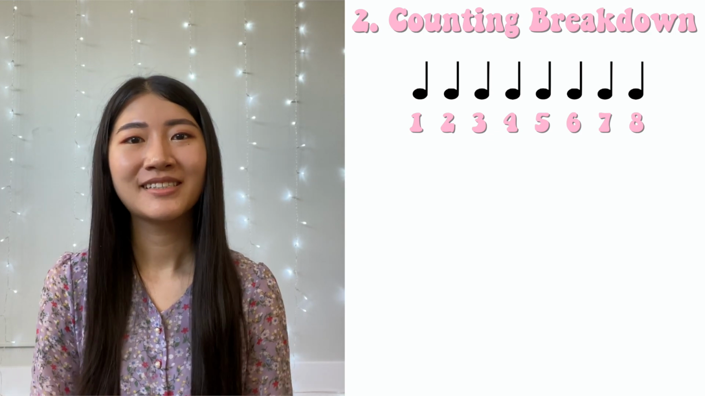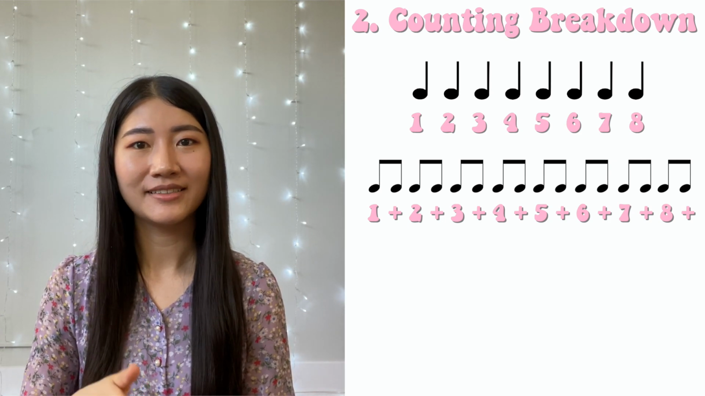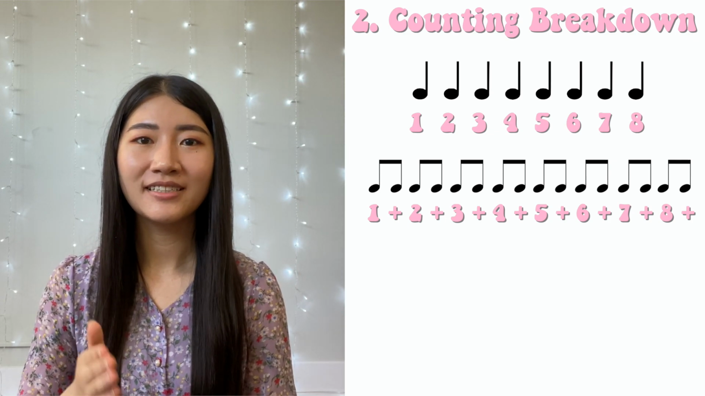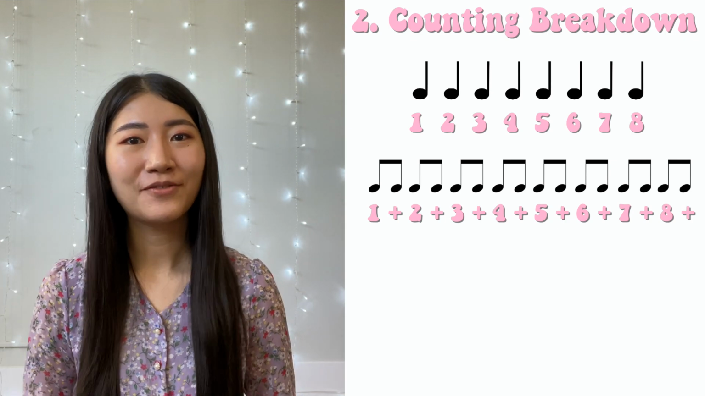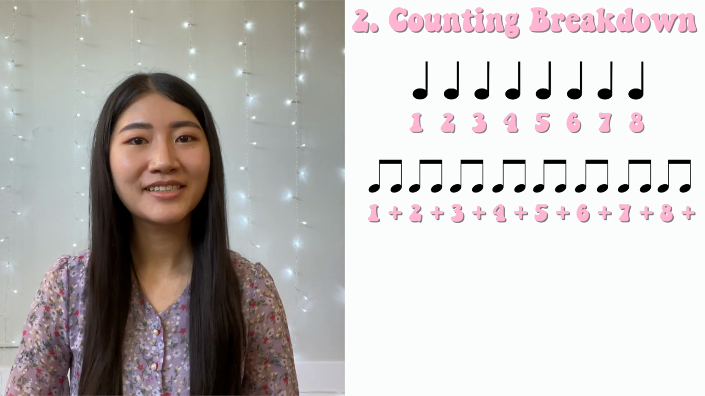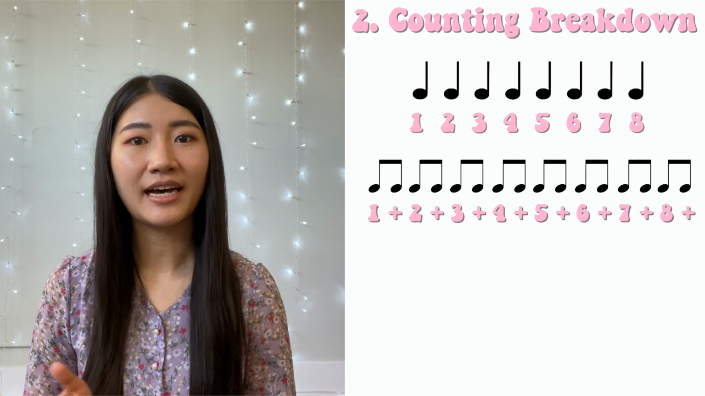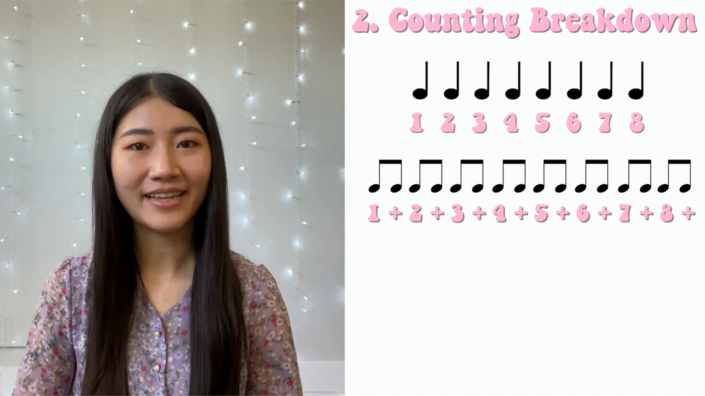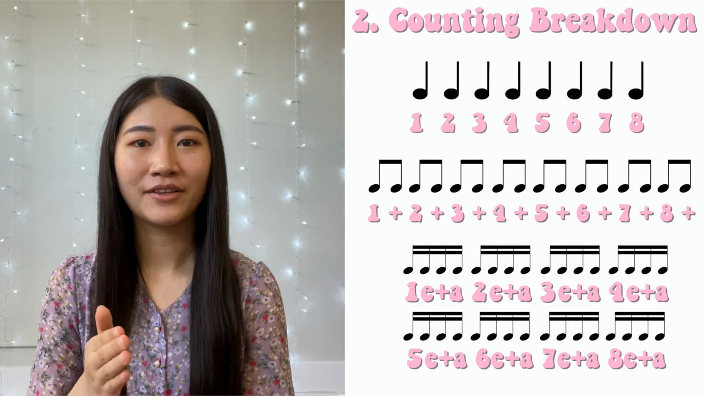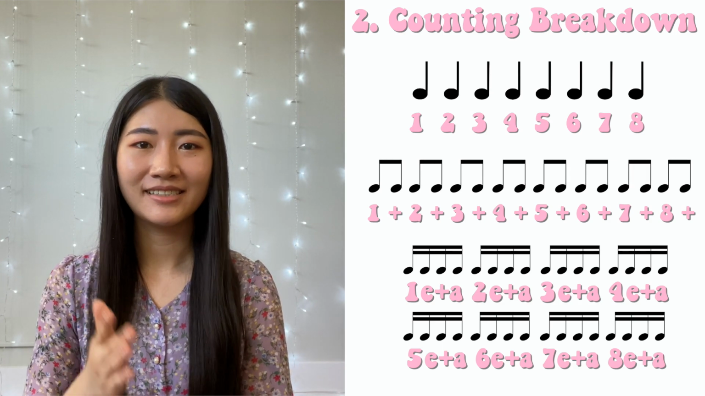Let's count this together. 1 and 2 and 3 and 4 and 5 and 6 and 7 and 8 and. Finally, if you divide up each of these in halves, you will be getting 16th notes. Dancers typically use "e" and "a" because it rolls off of your tongue really easily and you can count this very quickly. Let's count this together. 1 e and 2 e and 3 e and 4 e and 5 e and 6 e